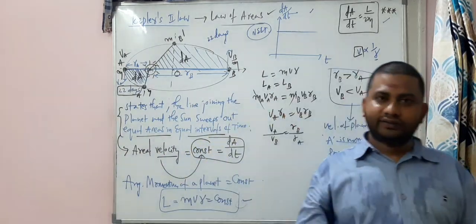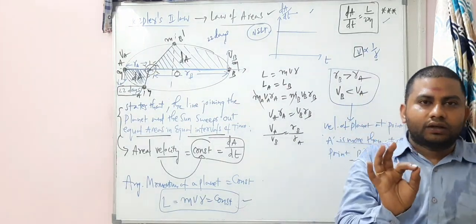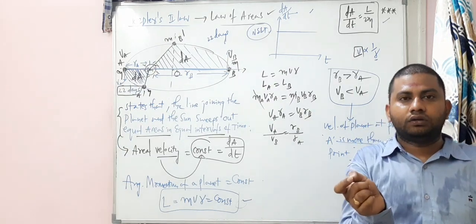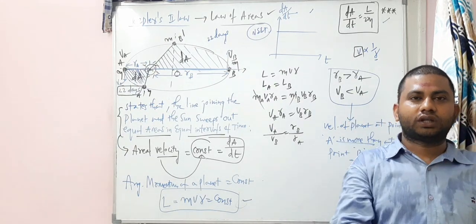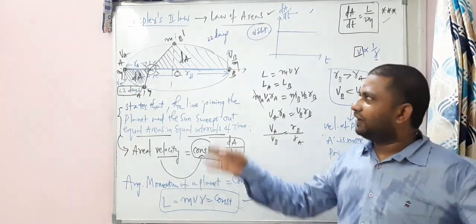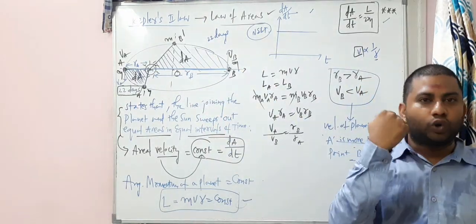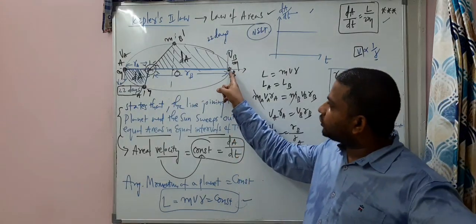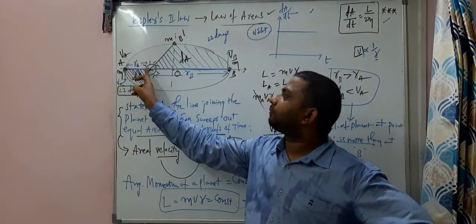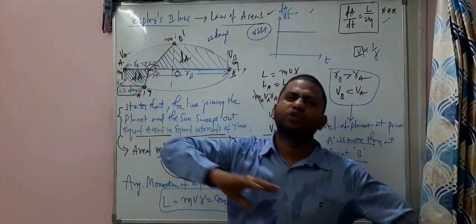If you consider 2 points in the elliptical motion, the planet or the position which is close to the sun, at that position, speed of the planet is more. Very, very simple. When a planet is revolving around the sun in an elliptical path, as I have told you already, there are some points where the planet is far away from the sun. There are some points where the planet is close to the sun. When the planet is coming closer to the sun, it moves faster than that.